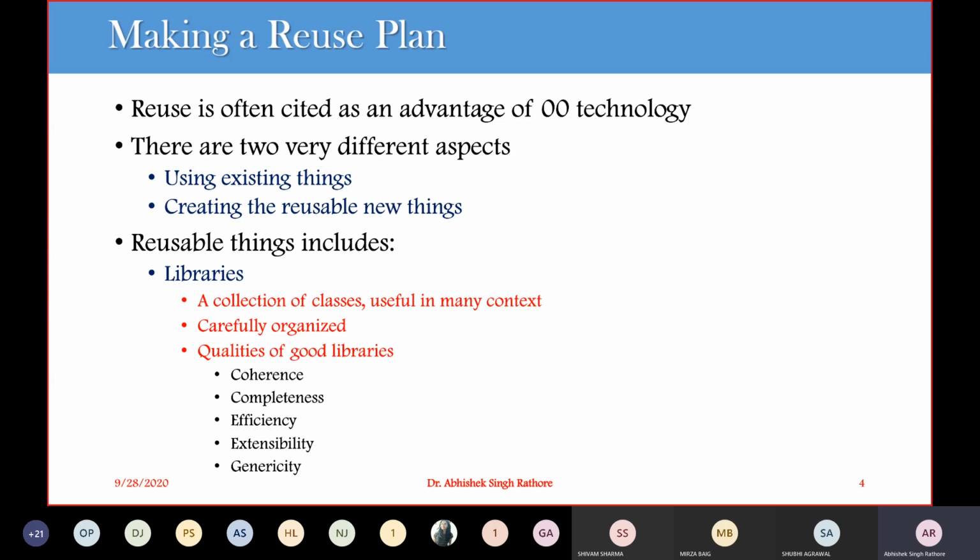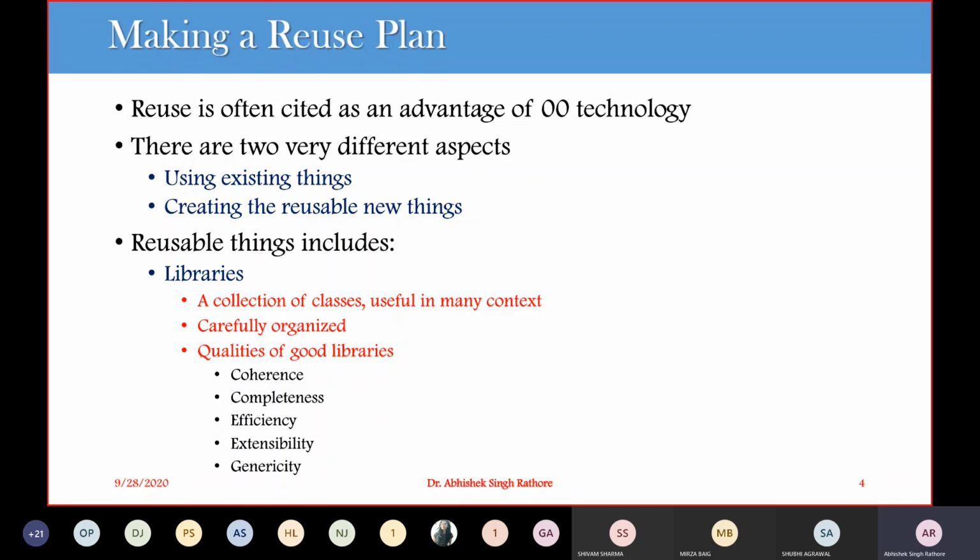We have used different libraries, like #include <iostream.h>, #include <stdio.h>, or, let's say, numpy or matplotlib, or java.util or java.io.BufferedStream and so on. So these are the different libraries. A library is just a collection of classes, and these classes are useful in many contexts.